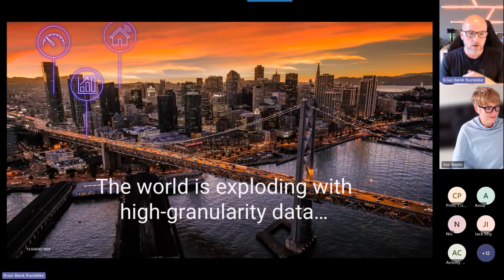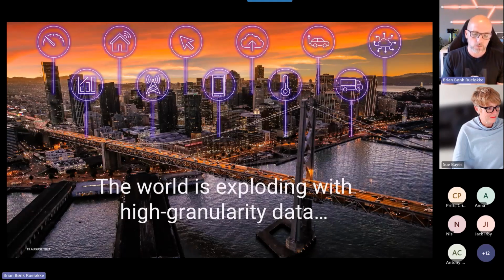We have a world today where the data volumes around us are exploding. You all have at least 1 or 2 devices that stream data live. You have a mobile phone that streams data live to some server in the world, even though you're using an Apple or a Google phone, it streams telemetry to a server in the world. If you have a smartwatch, that also streams data. If you have a modern car, that also streams data every time you drive in it. We have windmills that stream data. We have devices all over the place that stream data to us today.